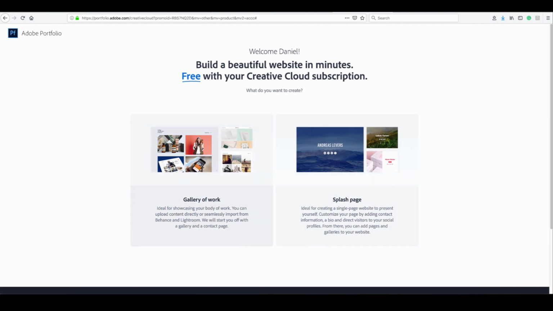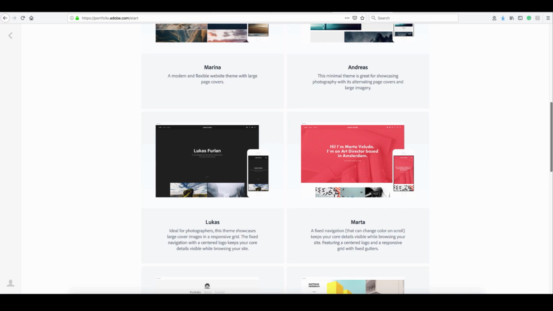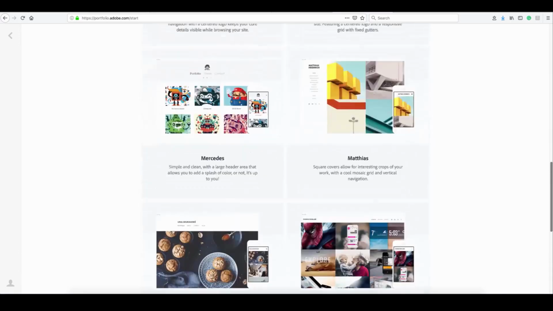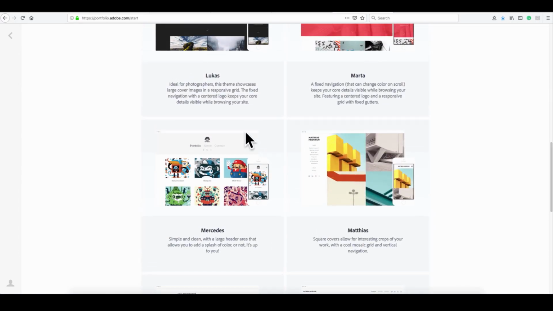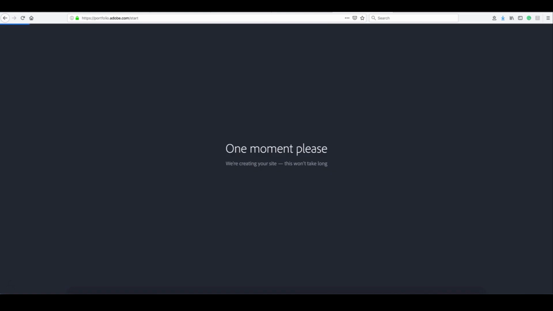So I'm going to go ahead and select gallery of work, and we're going to select a theme. So I've got Ludwig, Hagen, Marina, Andreas, Lucas, Marta, Mercedes. Now quickly looking at those, I'm going to select Mercedes. This looks the cleanest. I like the grid. It's simple. I don't like pictures that are neighbouring each other without a seam. So this is the one that I'm going to choose. It looks pretty consistent in its design. So now it's preparing the theme, so we just have to wait until that's done